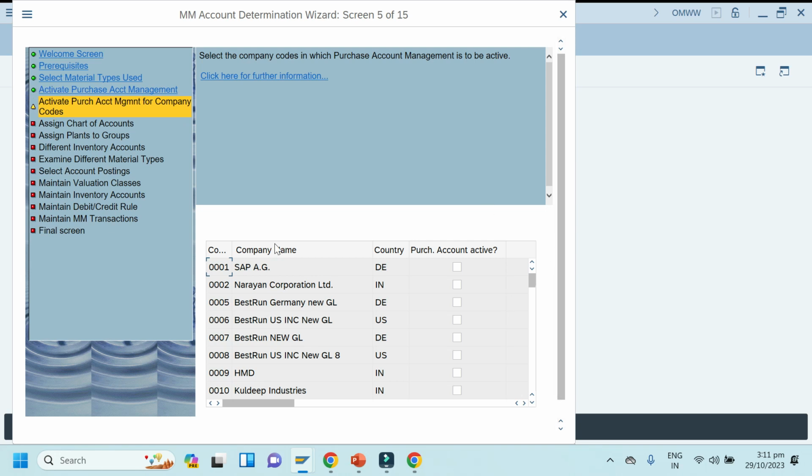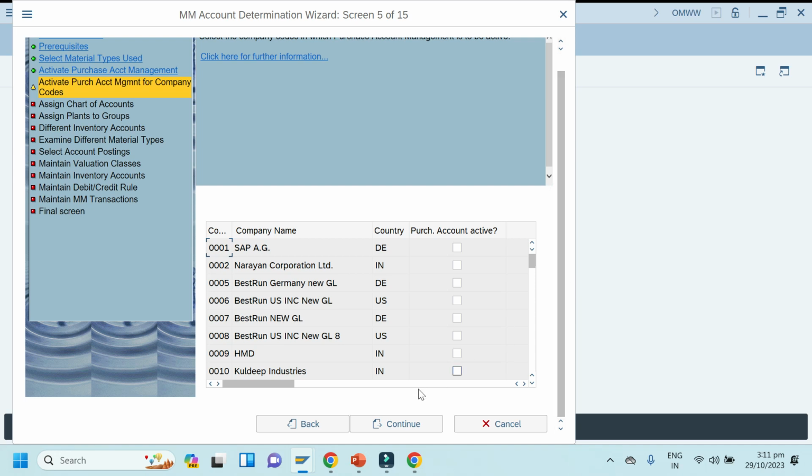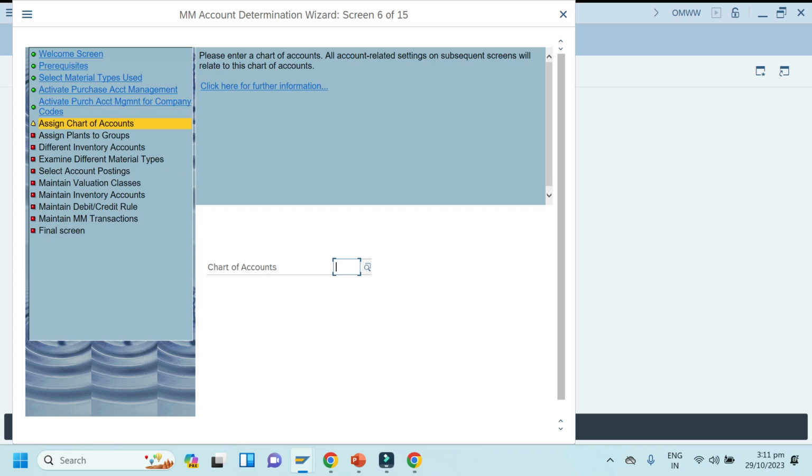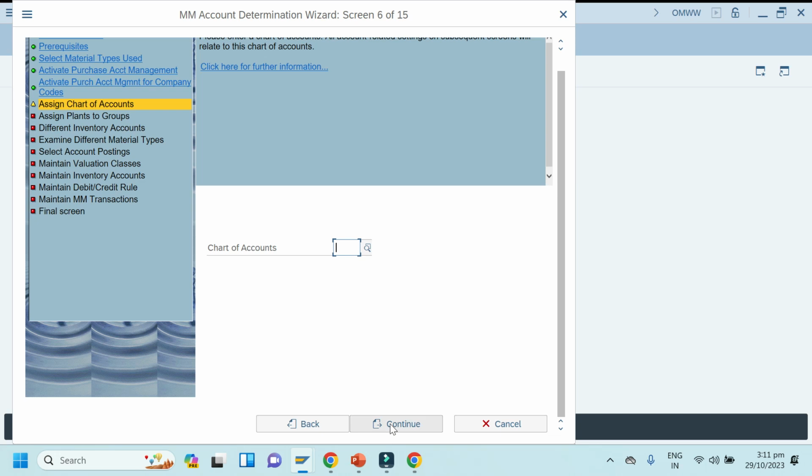So this is nothing but a set of questions, you just have to click yes or no and then click continue. What is the chart of accounts, you have to answer it, give it here and continue. Then it will be green. So this is not actually a required thing.